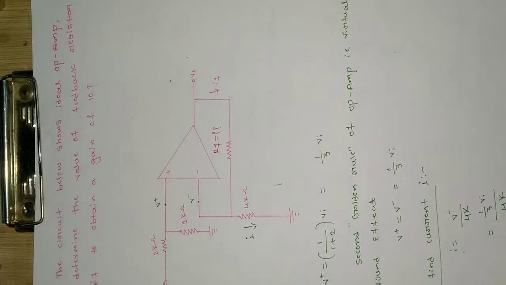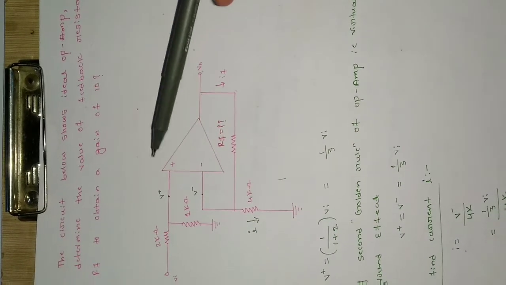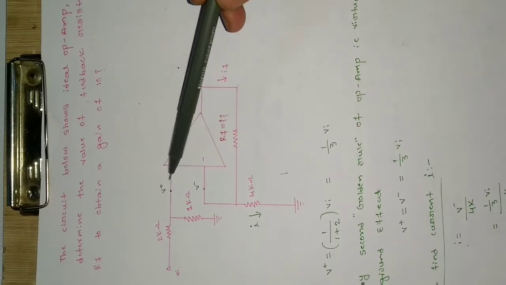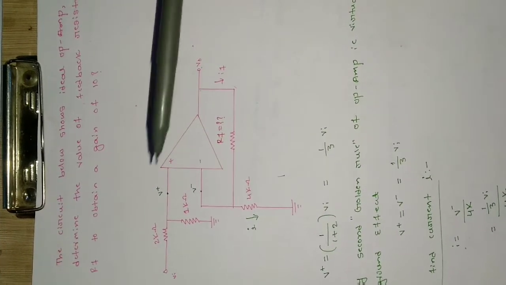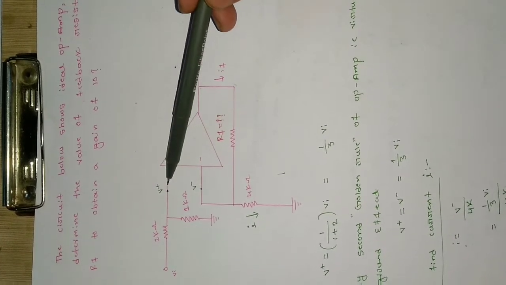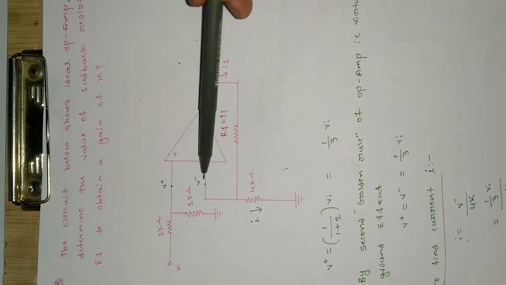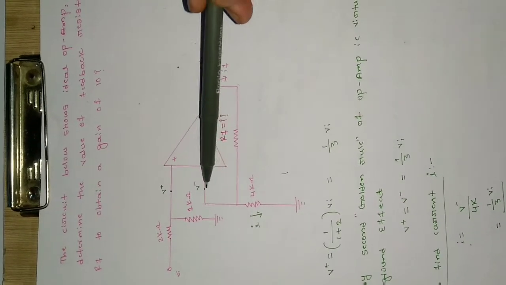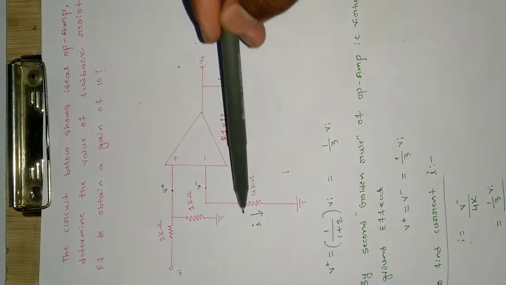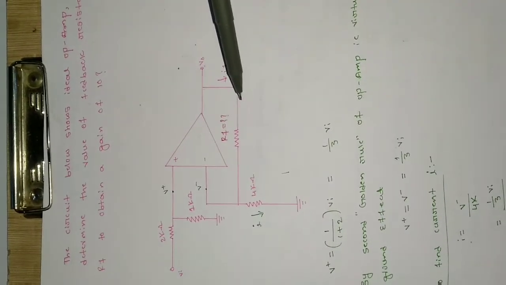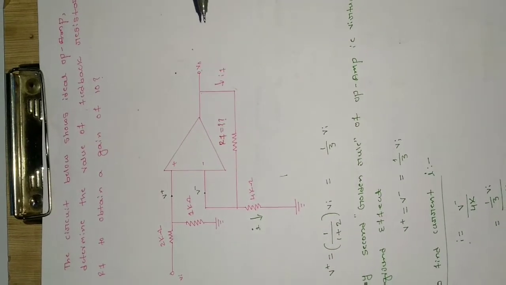Okay, so I need to find the feedback resistance. How we're going to deal with this problem is, first we will find the voltage at this point, that is V plus, because we know the input voltage and we know the resistances. When we find the voltage at this point, we get this voltage because these two voltages are equal to each other. So now I know this voltage, then I can find this current. When I know this current, I can find the voltage across this one. When we know the voltage across this one, I can find the resistance RF.